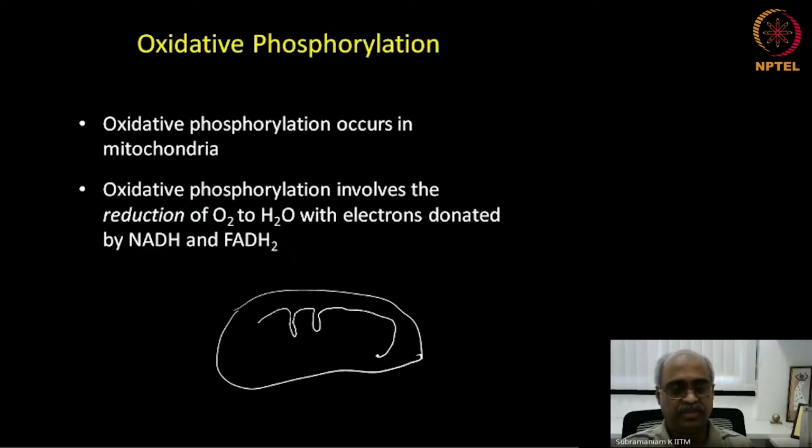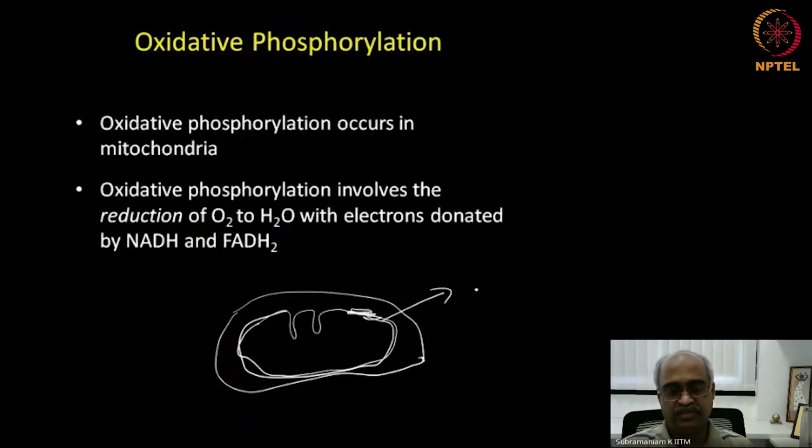I'm not going to draw the cristae all through, just a little bit. This membrane is what is going to be critical. We are going to call this the inner membrane. All the intermediate electron carriers are located in this. If I take that and draw a section,